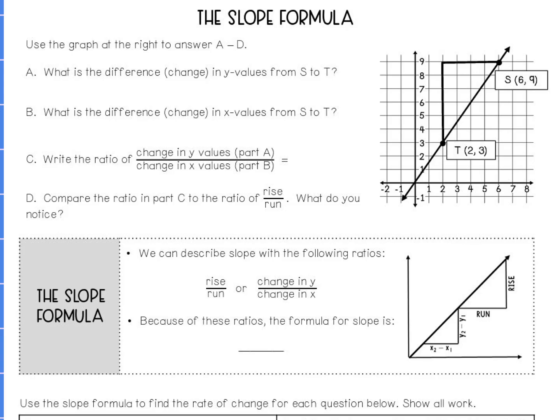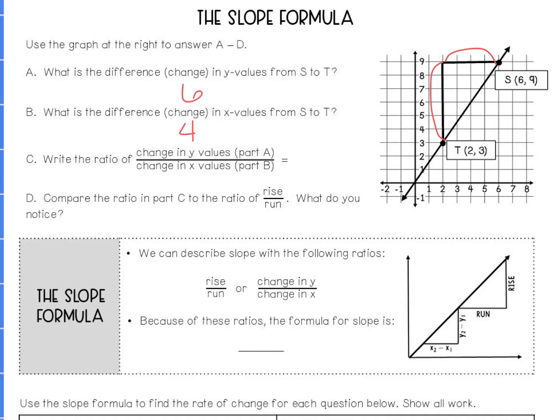Tell me what you put for the difference or your change in y from S to T. So how far from here to here? 6. A positive or a negative 6? Positive. How far on your x's? How did it change? 1, 2, 3, 4. And again, it's a positive. So if we are going up, it's a positive. If we are going right, it's a positive. If we go down, it's